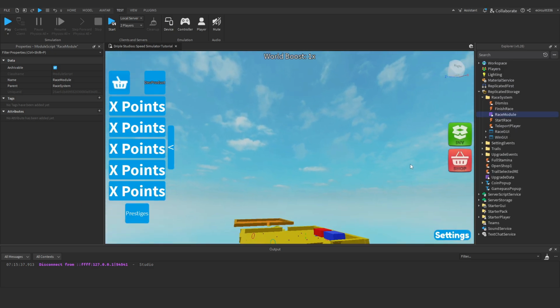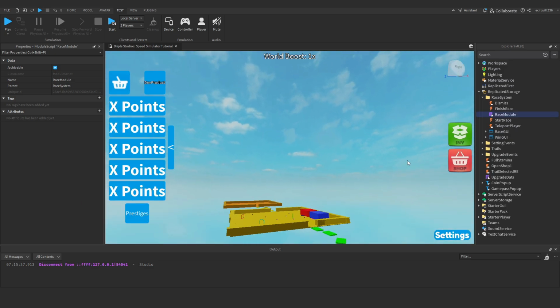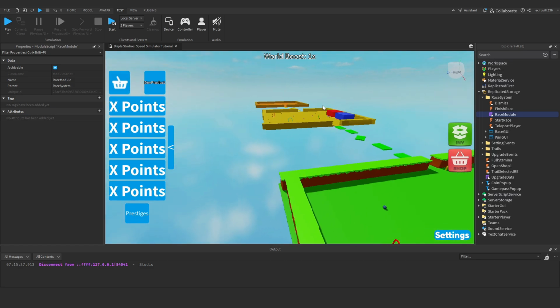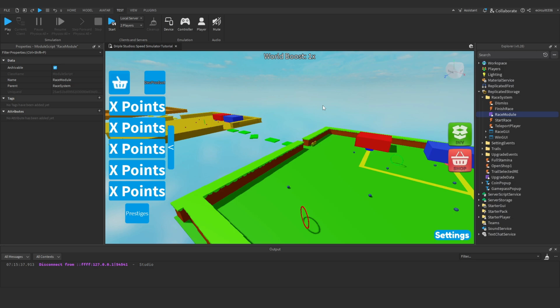In the next video, and the final video, I'll go over making multiple race maps, where one map will be randomly selected each race. The next video will be out 4 days after this one,